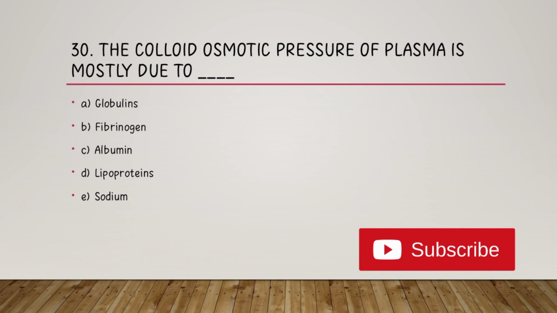Number 30, which is our last question. The colloid osmotic pressure of plasma is mainly due to dash. A, globulins, B, fibrinogen, C, albumin, D, lipoproteins, E, sodium. What's the right answer? The right answer here is very simple. It's a very common question. The answer here is